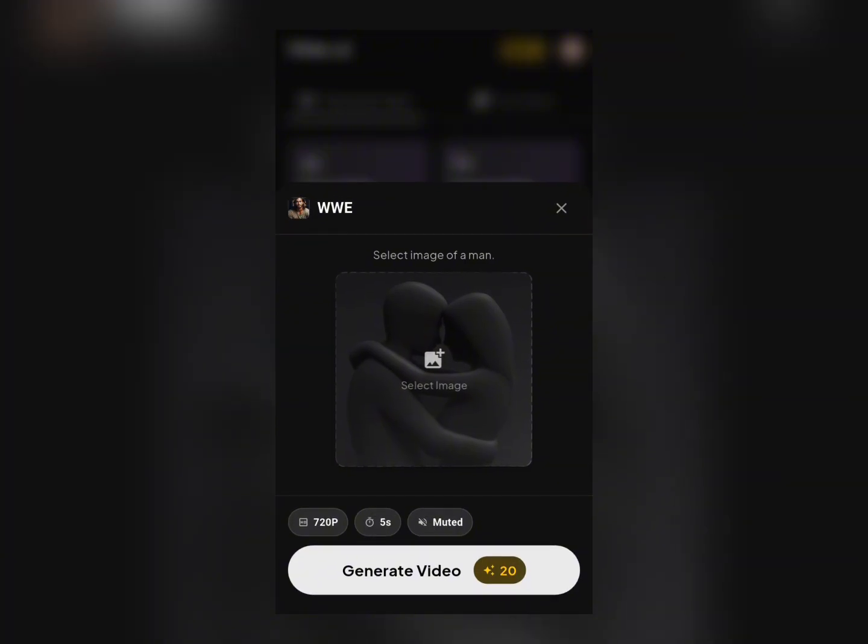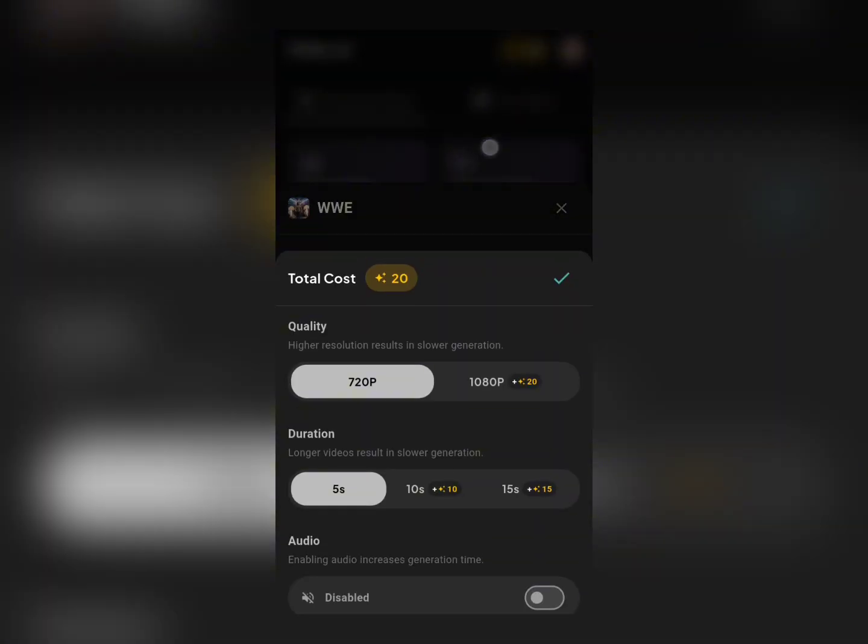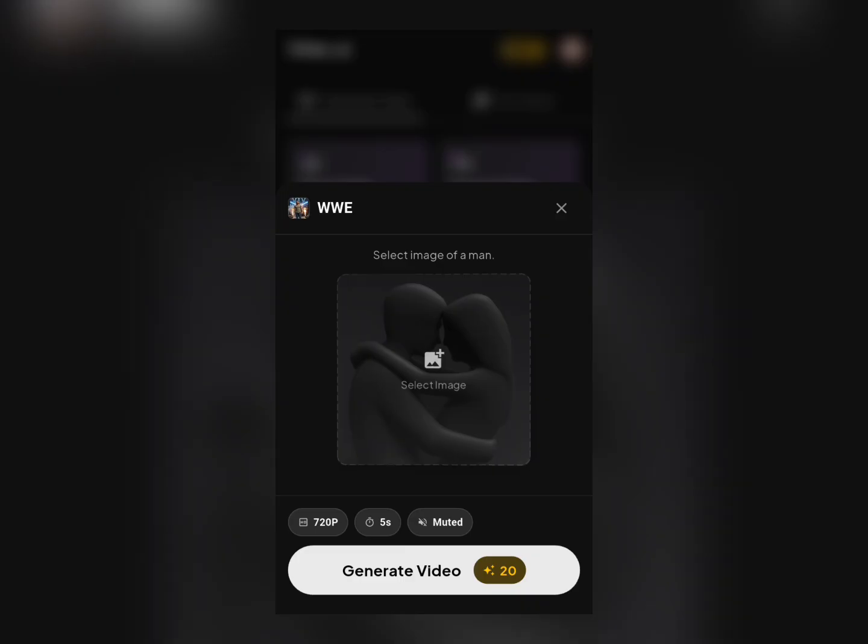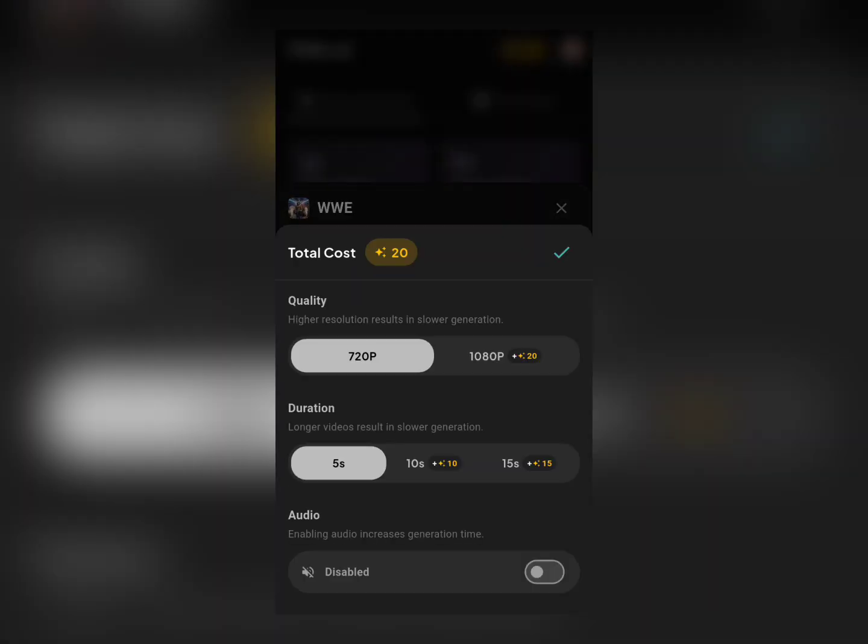And you have some other options down here. You'll be able to tap on this. Let's say for example you want to increase the video quality, you can tap on the 720p here. You'll be able to select the quality or resolution. Here, do keep in mind, the higher the resolution or quality and the duration, it does require